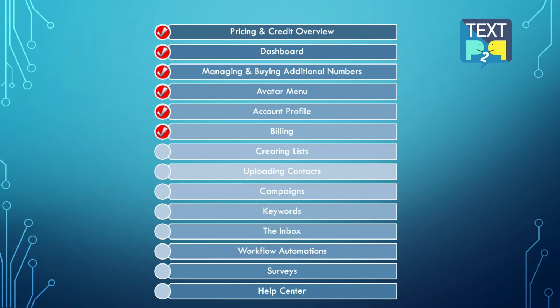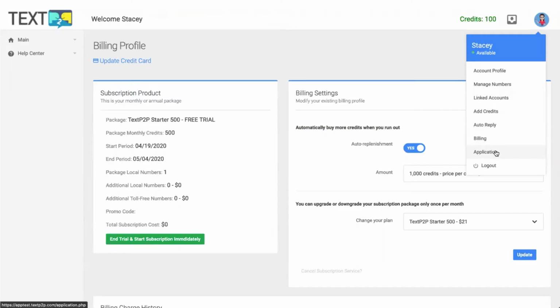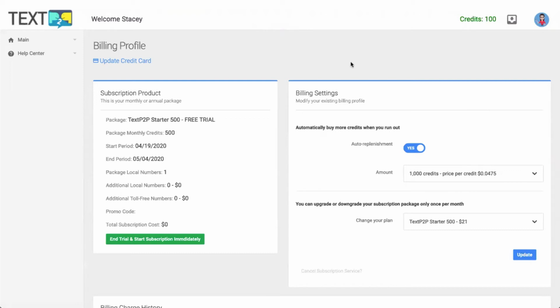Now finally, we have the application screen. I'm not going to go into the application screen because that'll share Stacy's private key information, but that is for if you want to hook up to other applications like through Zapier, right? So TextP2P will integrate through Zapier to